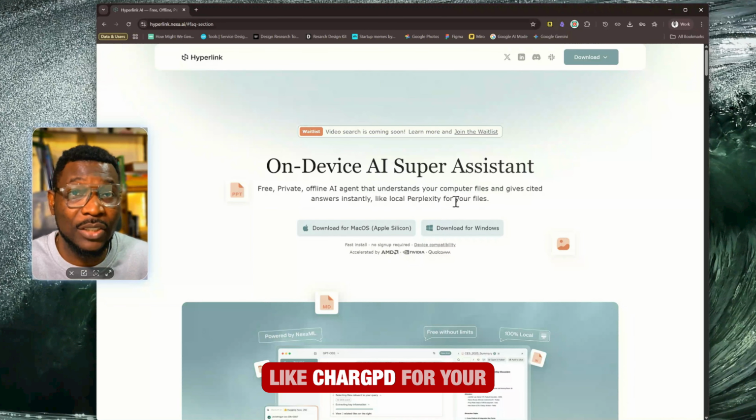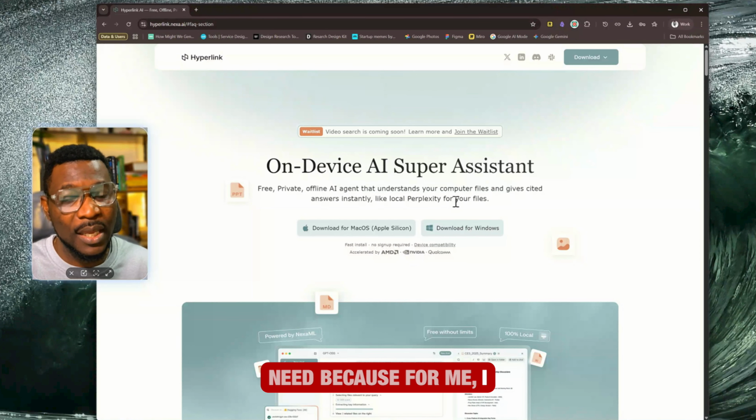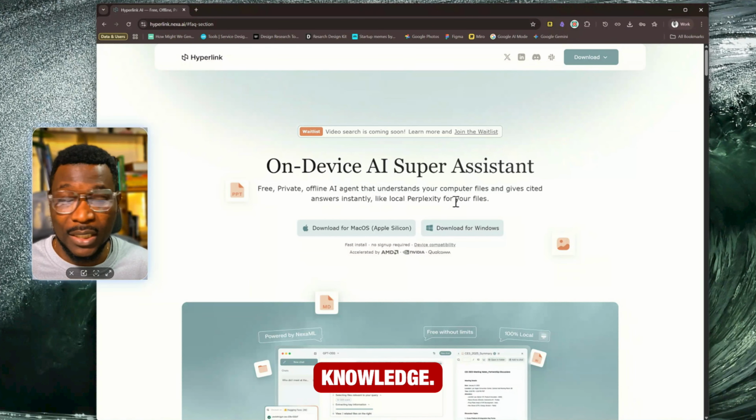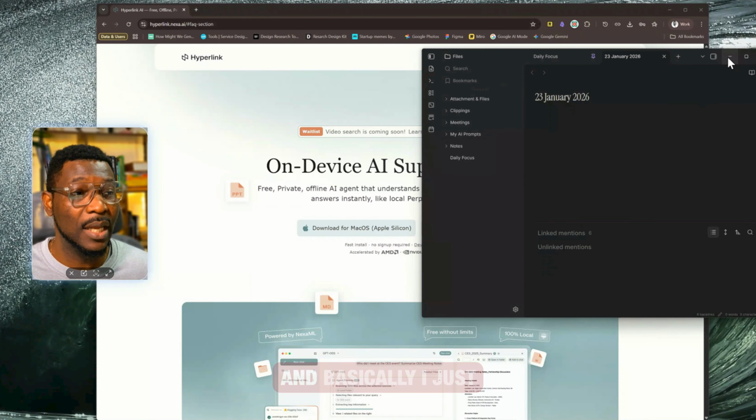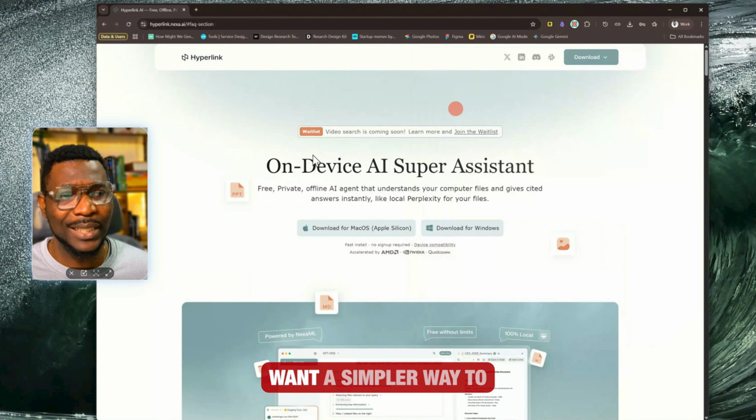It is not necessarily like ChatGPT for your files. It's like Perplexity for your files. And that's what I particularly need because I use Obsidian to manage knowledge. There are quite a number of things that I've written and put in my Obsidian vault, and I just want a simpler way to surface them with context. Of course, I can use Obsidian Search, but I wanted a way to go between nodes and be able to